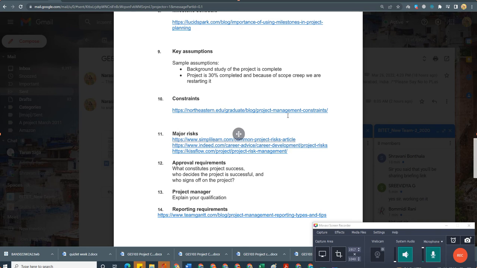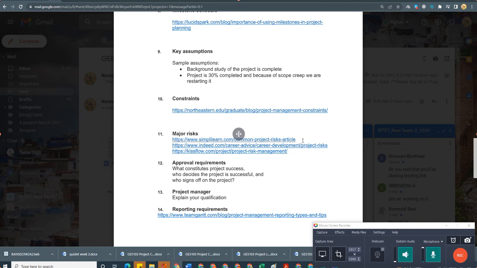Okay, you try to understand what are the main constraints of the project that should be mentioned here. Make sure you finish it in 100 odd words. Major risks. Usually project management will have certain risks, and data center projects will have some additional risks. So try to research about it, find some important risks related to the project and discuss them.